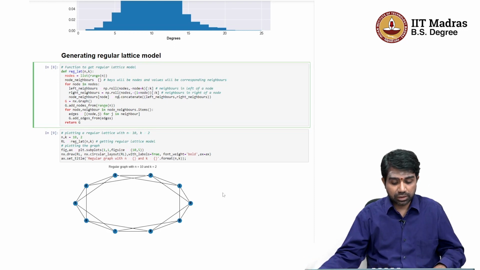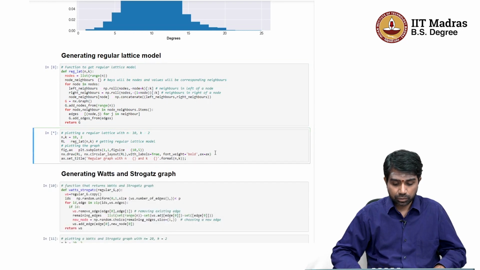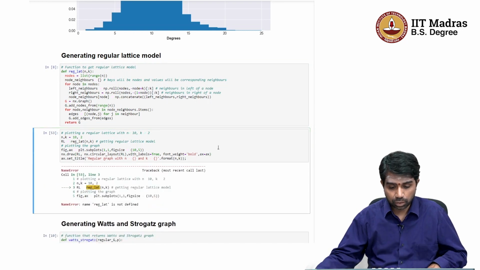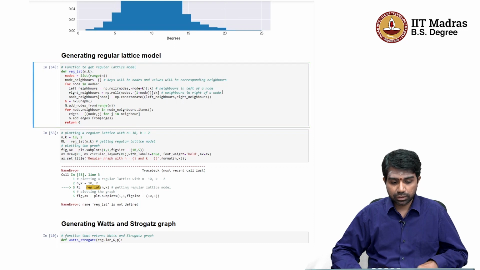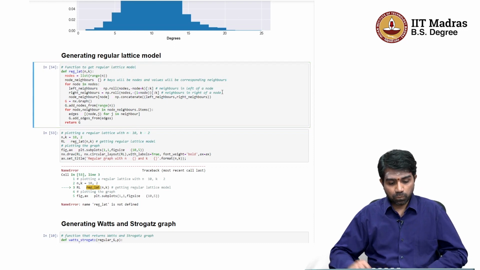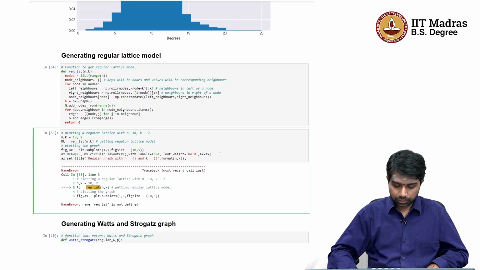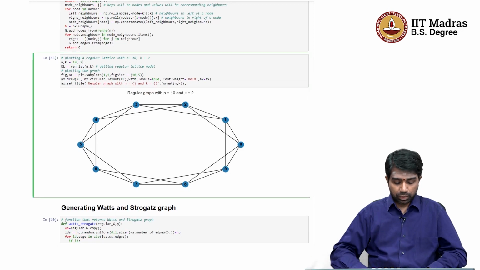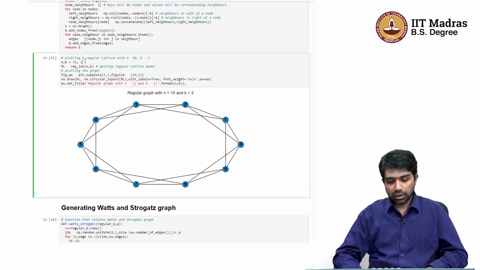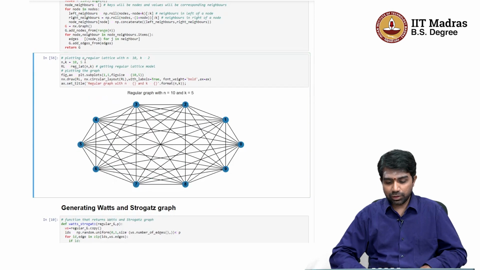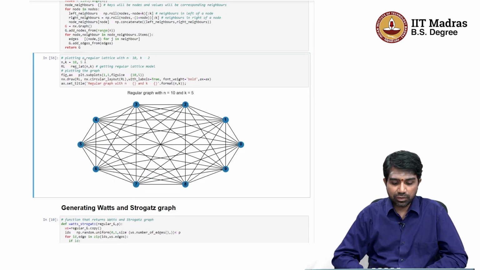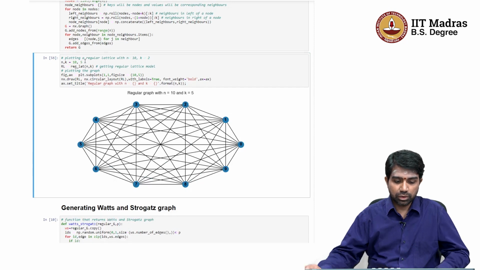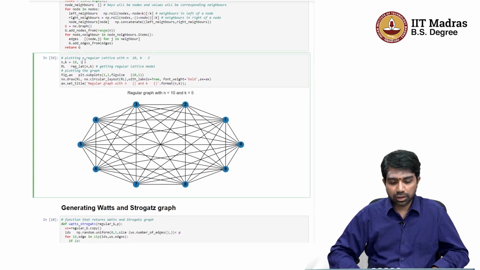So let us just plot this again and see. Let me just execute this and now plot this. So, regular graph with n equals 10 and k equals 2. So if I put k is 5, I am going to get like the fully connected graph, right. So every node is now connected to every other node, but if I put just 1, I am going to get a simple ring,